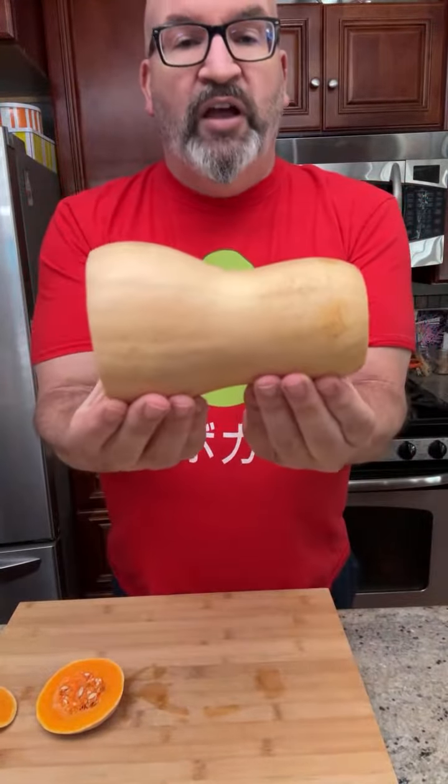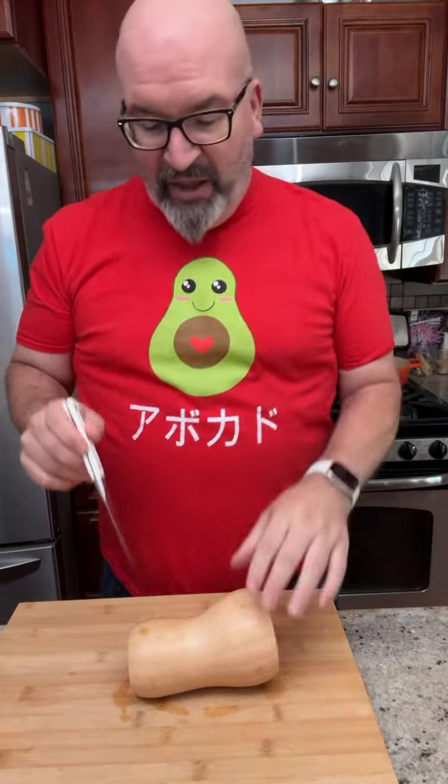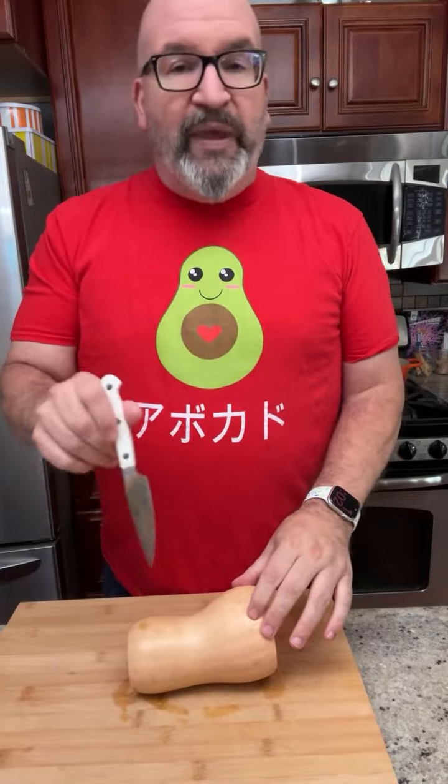So we have our butternut squash. The next thing I'm going to do is take this squash and pierce the peel with a knife. The reason I'm doing this is we're going to pop it in the microwave. That's what's going to make this easier to peel. We're going to pop it in the microwave for about 3 minutes. So by piercing the skin,